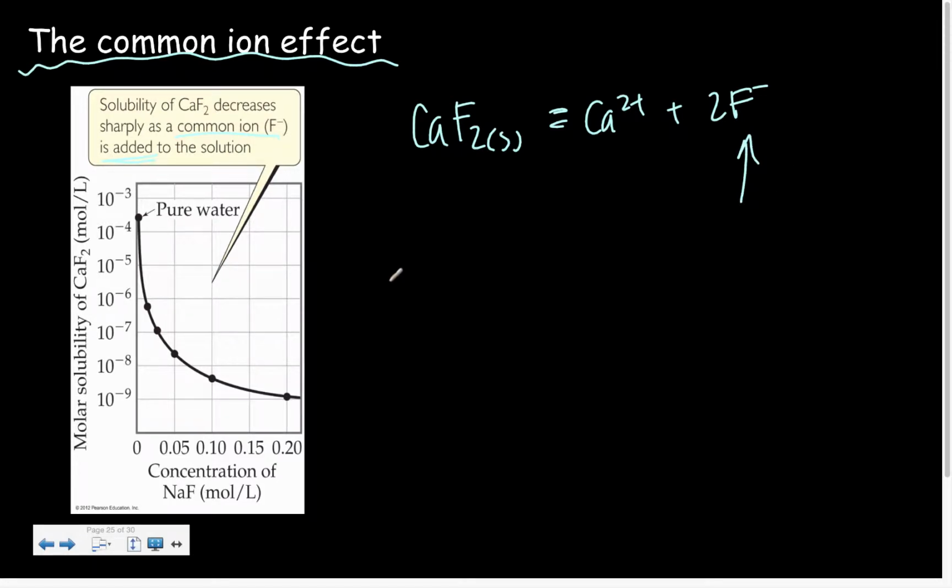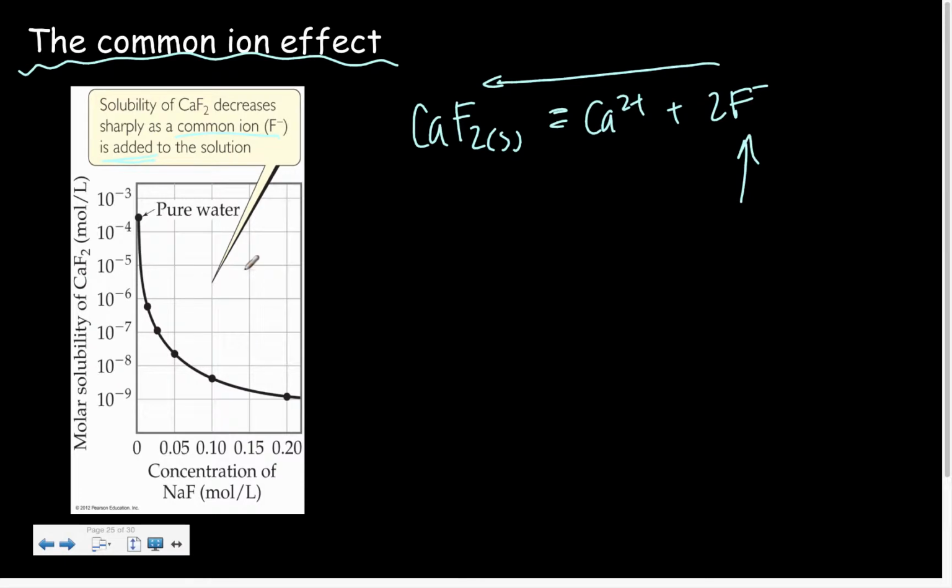This is a Le Chatelier analysis. If this system is at equilibrium and we were to increase the amount of fluoride ion, in which direction would the equilibrium shift to compensate for that? It would go in this direction to compensate for the additional fluoride ions in solution. This direction means forming CaF2 solid, which means we're going to make more solid. We're going to form more precipitate, and it's going to decrease the overall amount of fluoride ion in the solution.